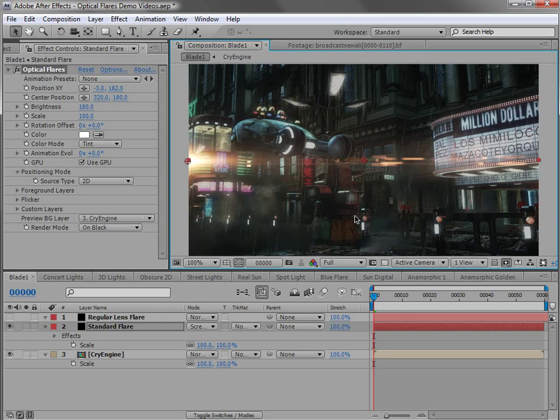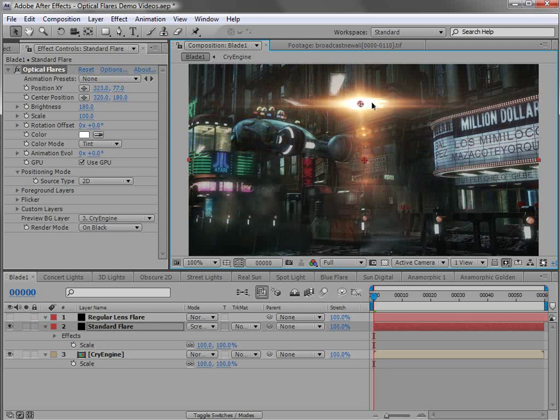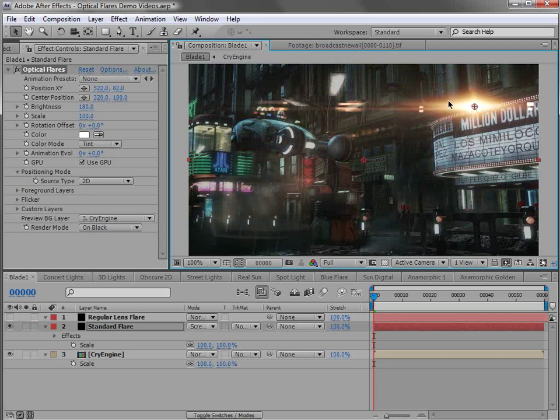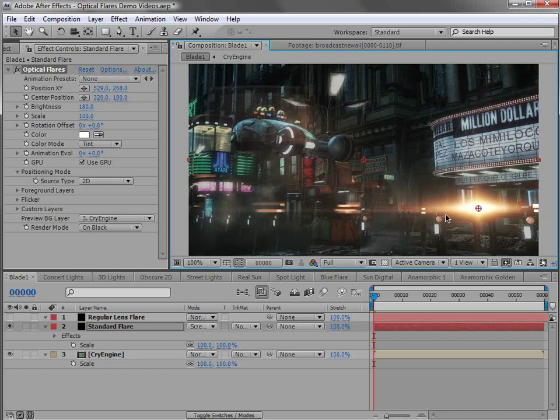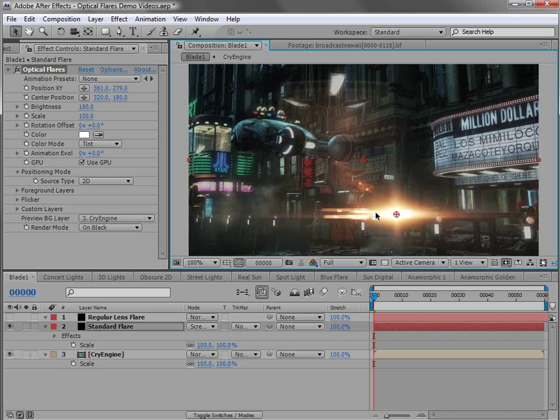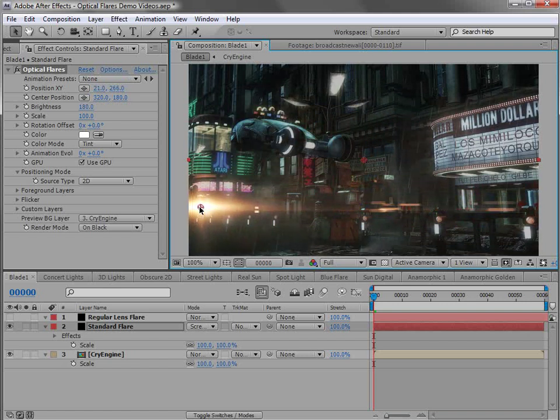One of the main features we knew we wanted to include was the ability to create anamorphic style lens flares. So if we take a look at the preset here, I'm going to move it around. And you can see I had these bright elements that only move horizontally. But if I move the lens flare up and down, they stay with the light. So this is a pretty simple idea, but not being able to do that with normal lens flares is a